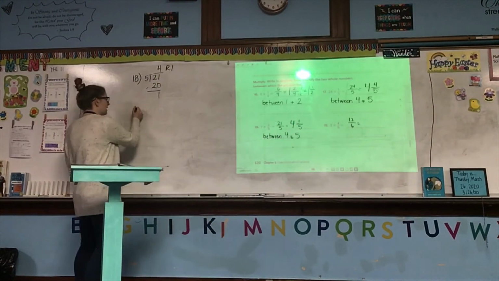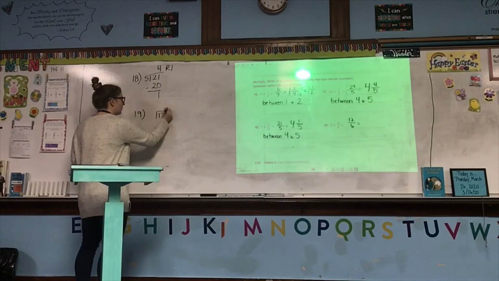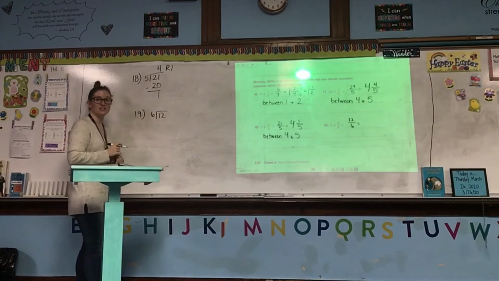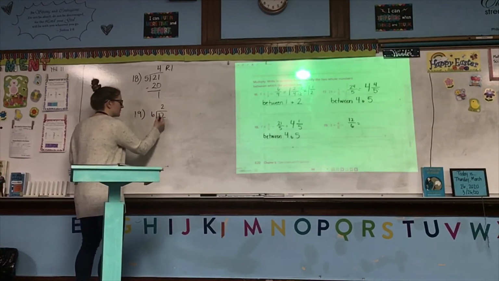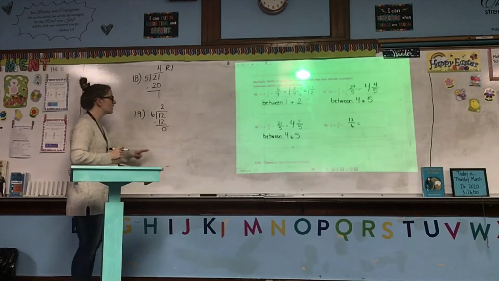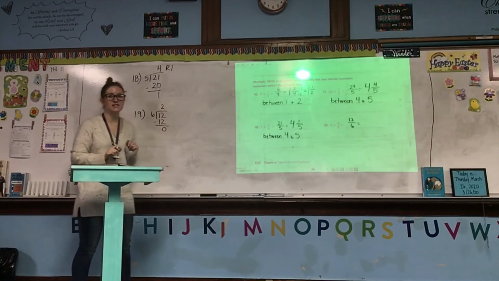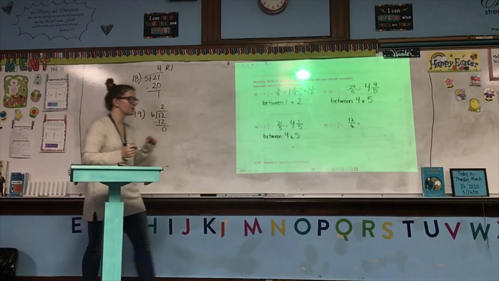So we're going to come over here and show our work. We're going to divide the numerator of 12 by the denominator of 6. 6 goes into 12 2 times. 2 times 6 is 12. 12 minus 12 is 0, which means we have 2 with a remainder of 0. Remember, you can't have 2 and 0/6. So the answer is just